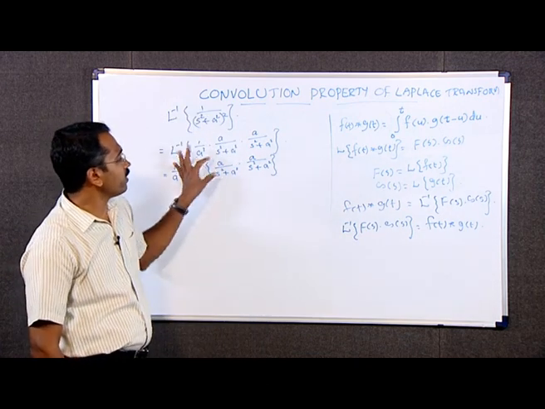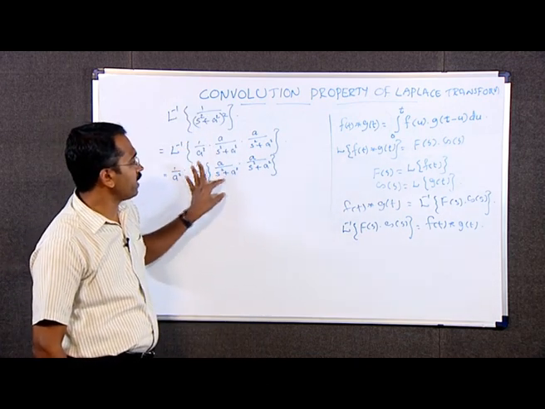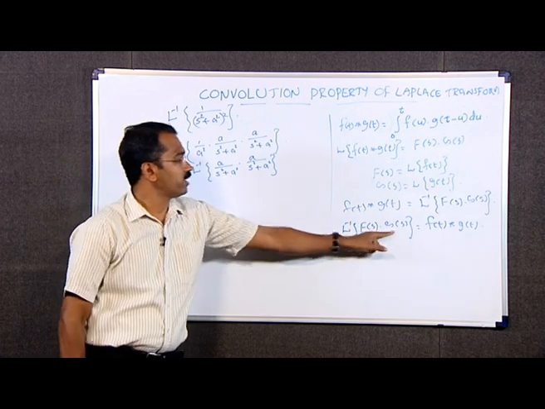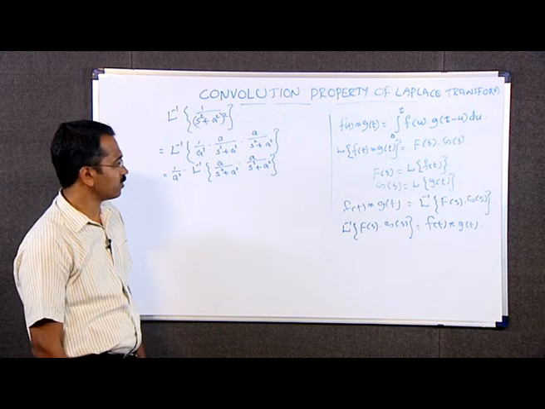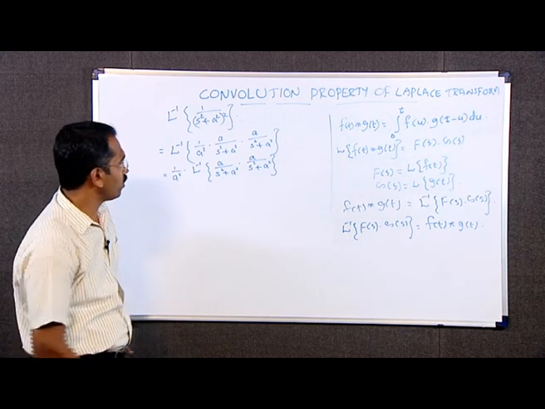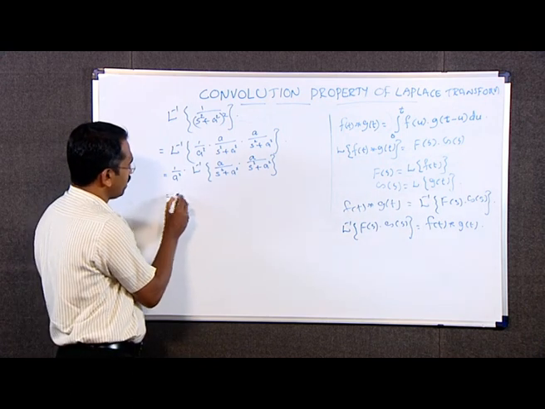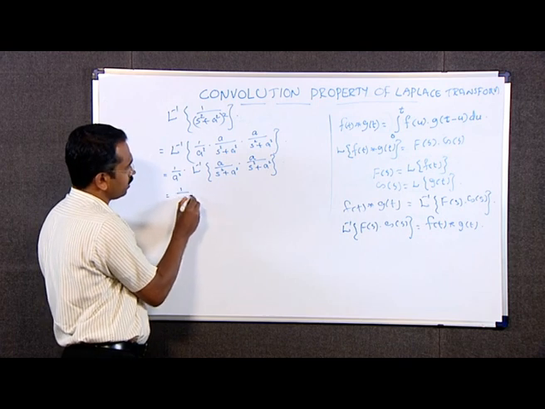Here f of s is a by s square plus a square and g of s is a by s square plus a square, both are same. Therefore, we can write this as 1 by a square into